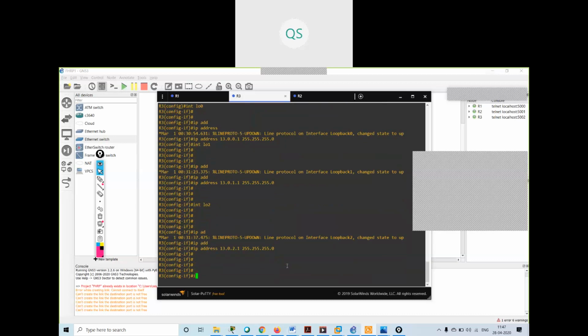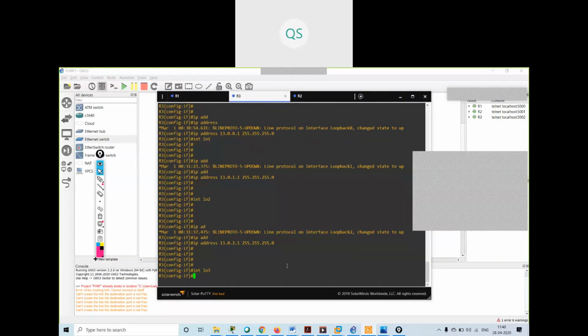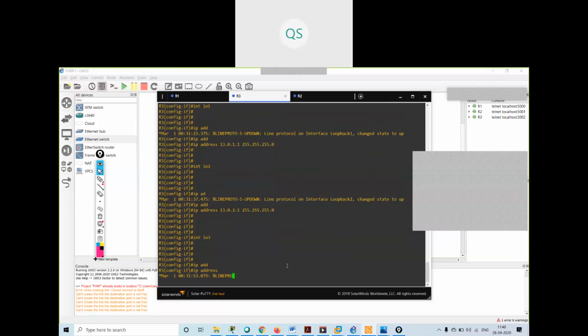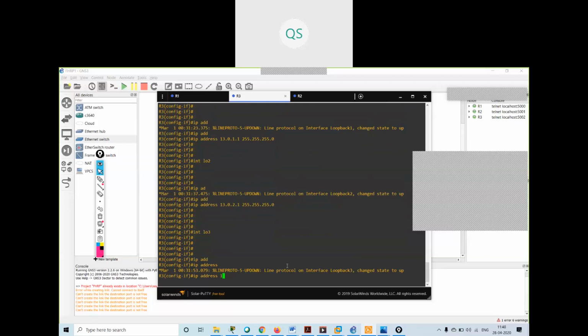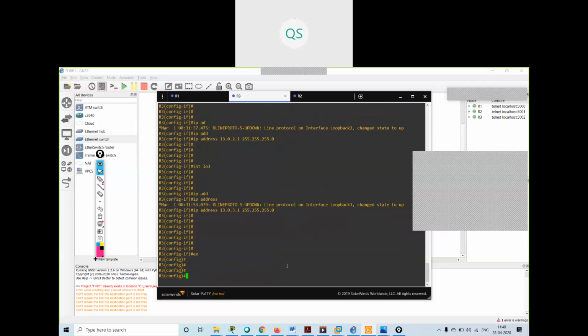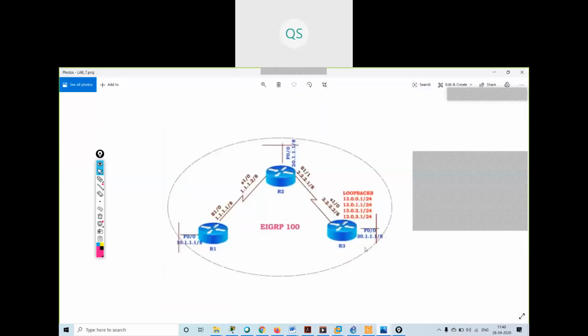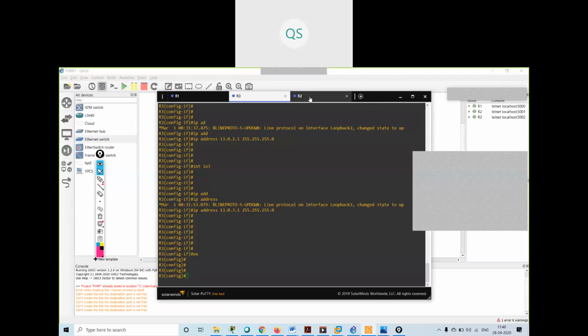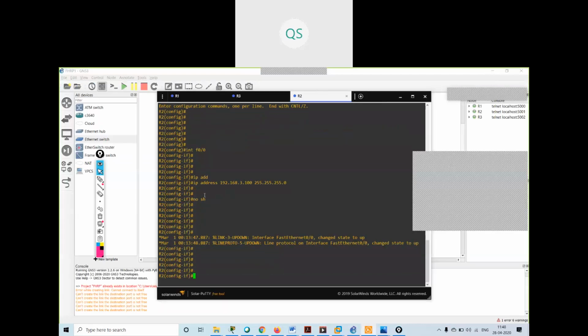Interface loopback 3, IP address 13.0.3.1 255.255.255.0. I'm having multiple loopback addresses. I've configured 4 loopback addresses, all /24.